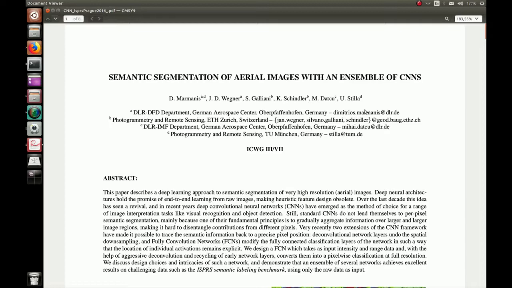So the big breakthroughs in image classification, in image segmentation, actually have been done with these CNNs, or convolutional neural networks. And here I'm using them for semantic segmentation